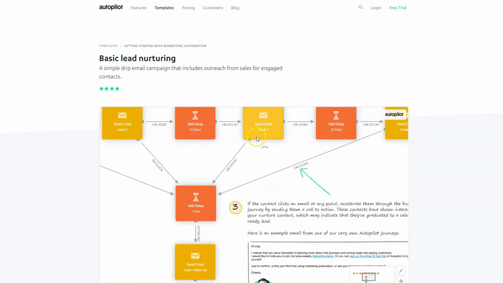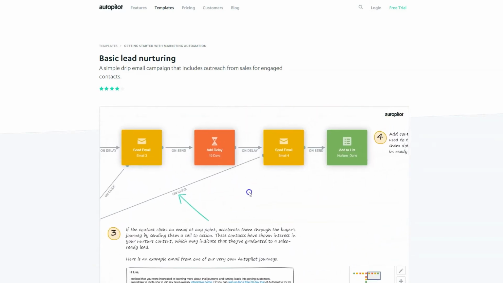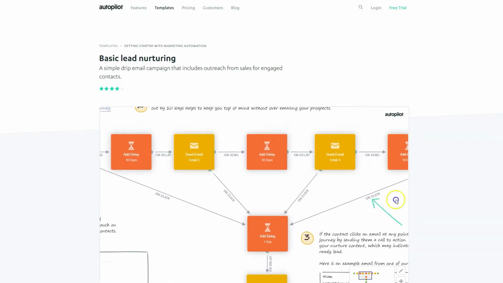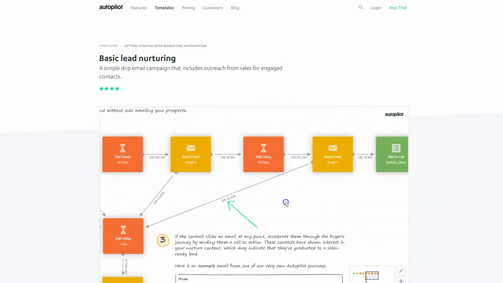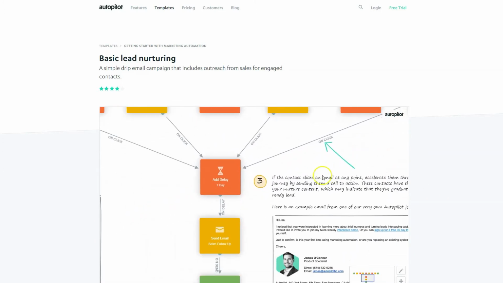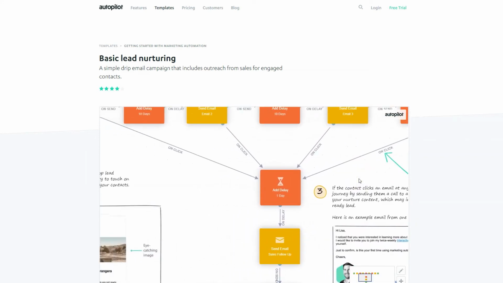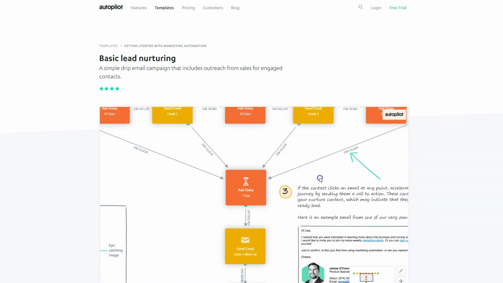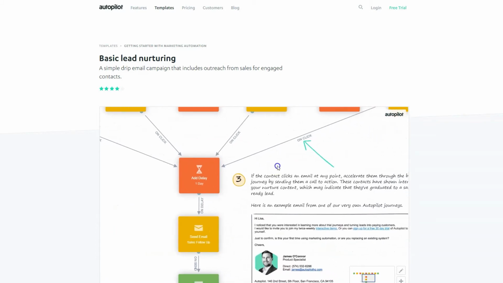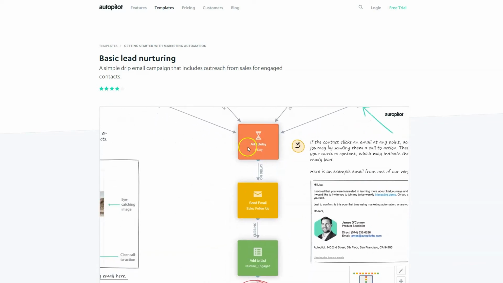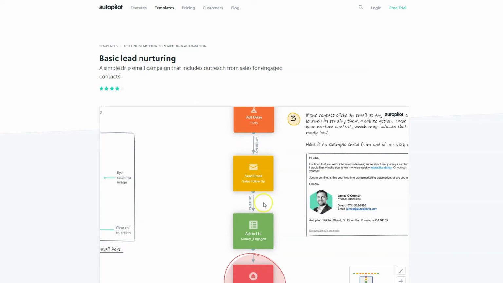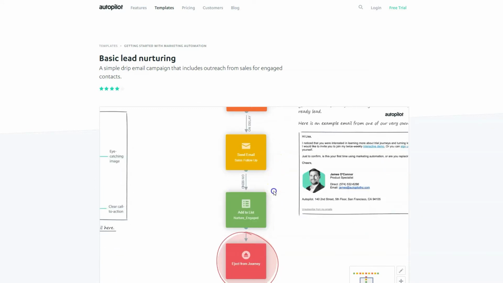So if any of the emails throughout this entire period of what looks like probably about 30 days, so nurturing a lead over the course of 30 days, if any of them are not only opened, but a link inside is clicked, well, that's an indicator to you that they are interested in what you're offering, and after 1 day after clicking any of those emails, they're sent into this whole workflow process here, which includes